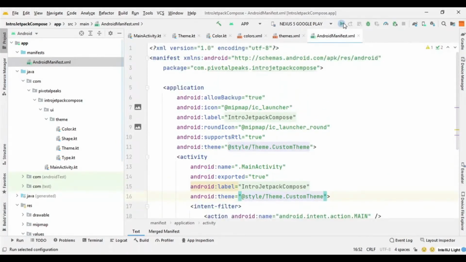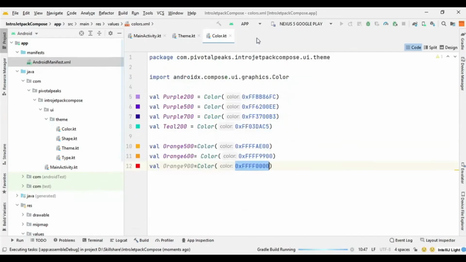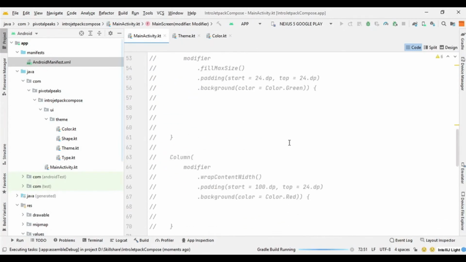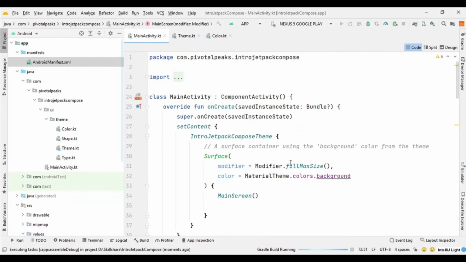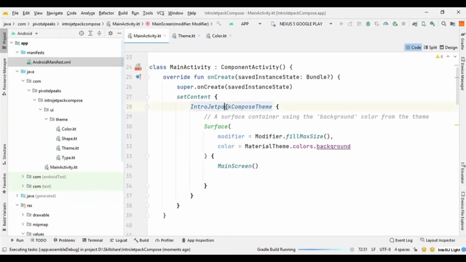So let's run it and see if we have managed to do it successfully. Oh, we forgot to cast it here, so it will not change, but let's run it anyway. We need to change here our theme. So this is where our theme applies.